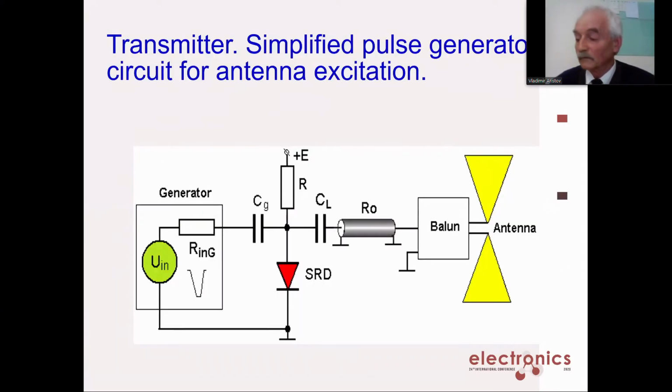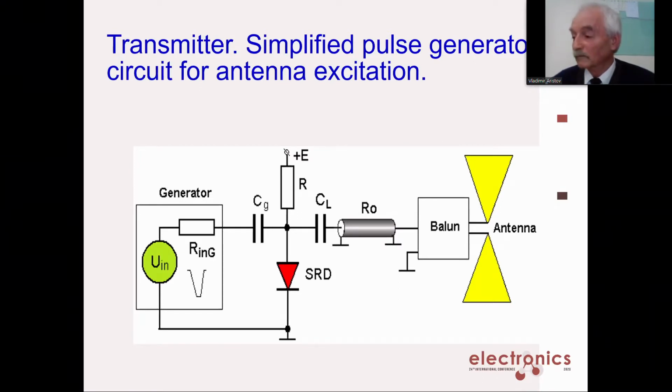A typical circuit with a step recovery diode is shown in this figure. The input pulses are applied from a pulse generator. In the absence of negative input pulses, the diode is forward biased and current, the so-called pump current, flows through it from the source E. When input pulses are applied, the charge accumulated in the diode dissipates and the diode switches very quickly to a high resistance state. A consequence of this is the formation of pulses with a steep front.